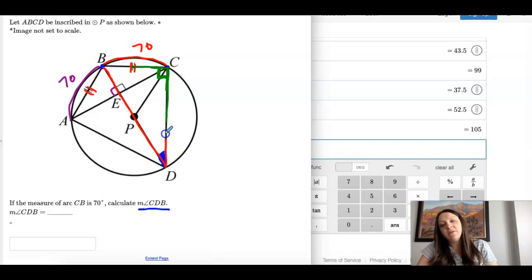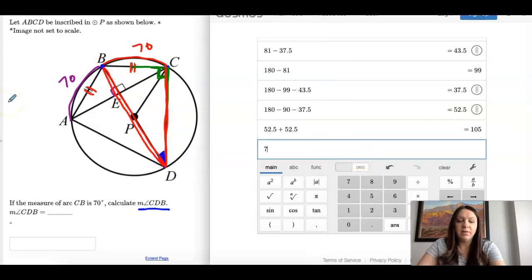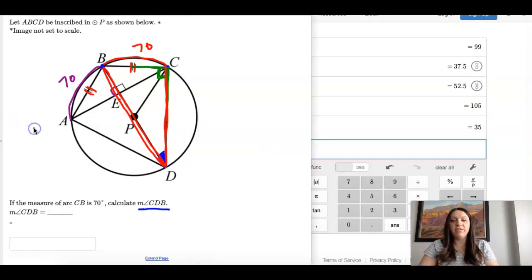See how these two lines make up that 70-degree arc? That means the angle is half of 70. So it's 35. So that one actually used